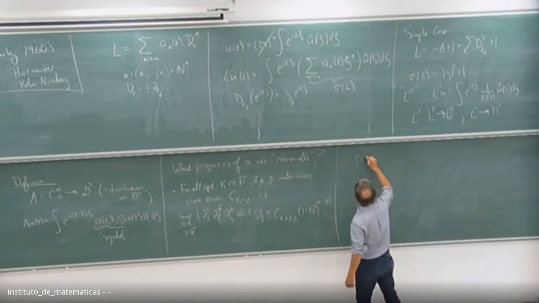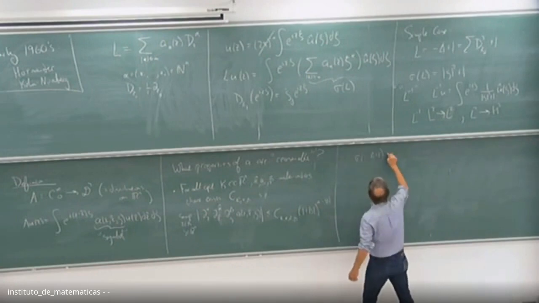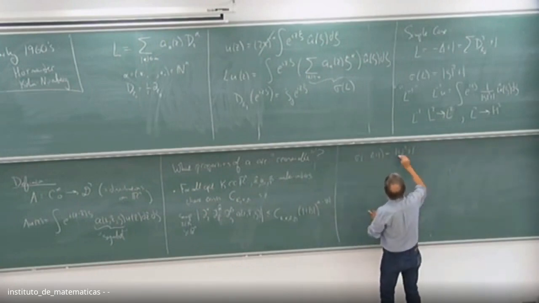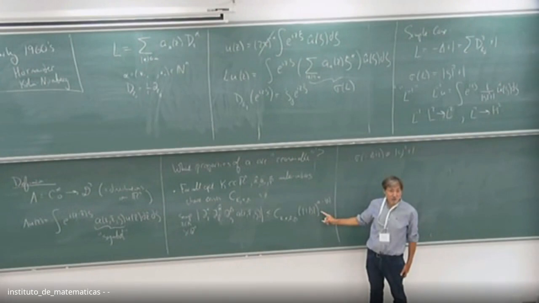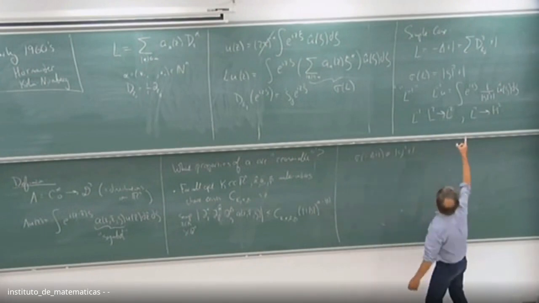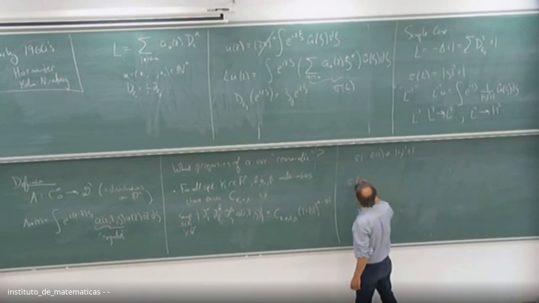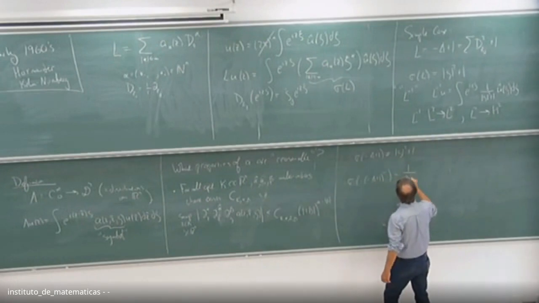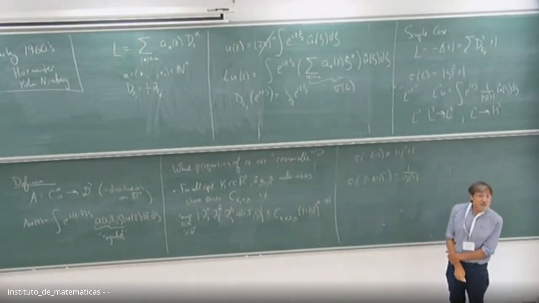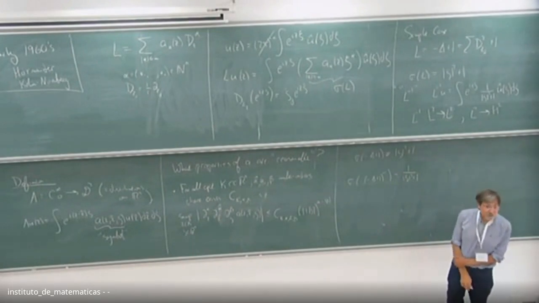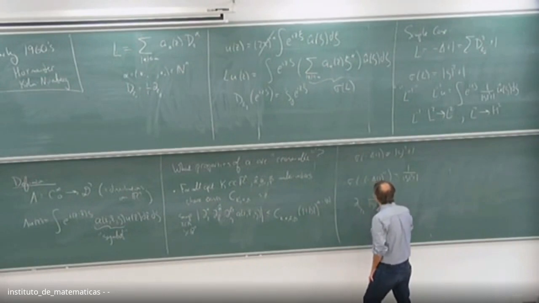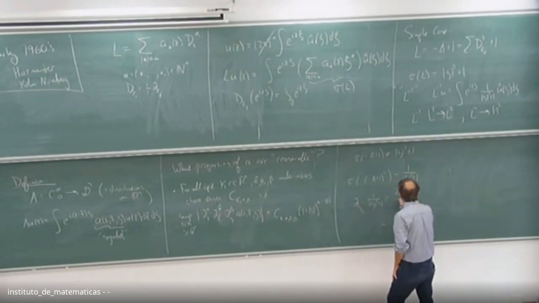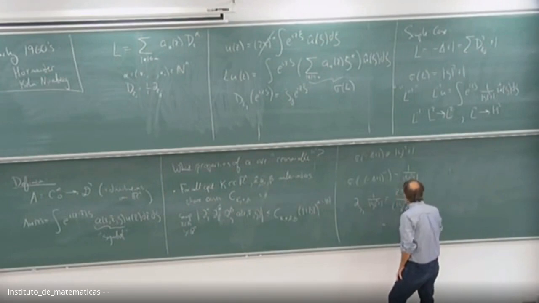With the Laplacian, the symbol of minus Laplacian plus 1 is equal to mod zeta squared plus 1. It's obvious that it satisfies these properties because it's a polynomial. What about the inverse operator? What about sigma of minus Laplacian plus 1 inverse? This is 1 over mod zeta squared plus 1. Why does this satisfy this? This is an easy but very basic computation. If I take d zeta j of 1 over mod zeta squared plus 1, this is equal to minus 2 zeta j over mod zeta squared plus 1 squared.